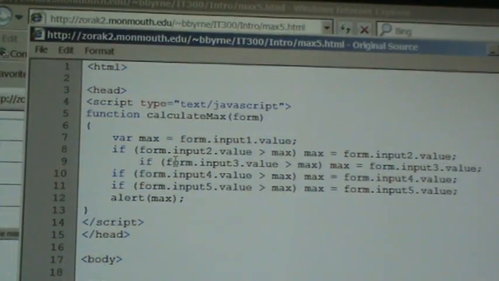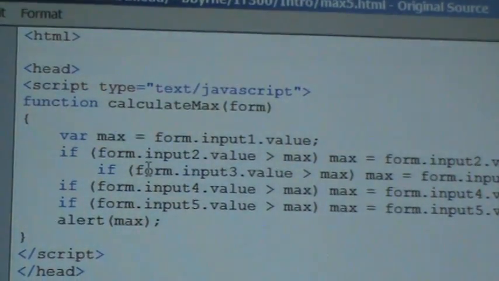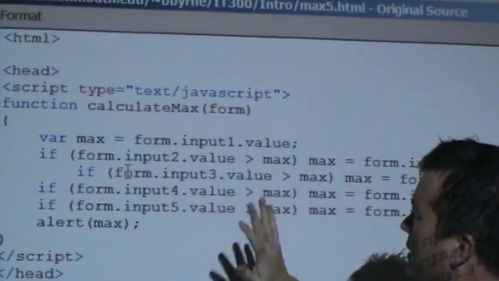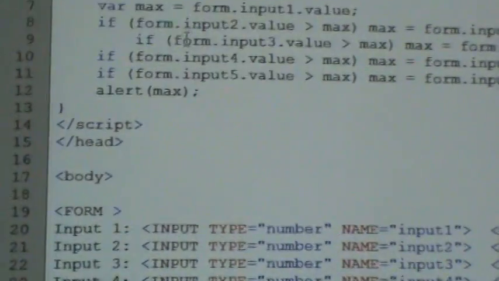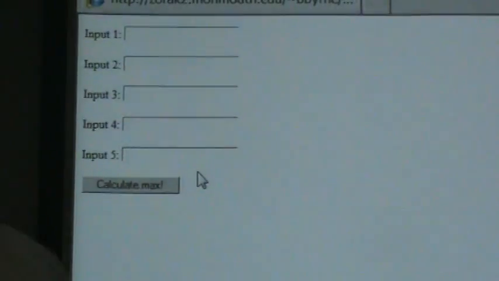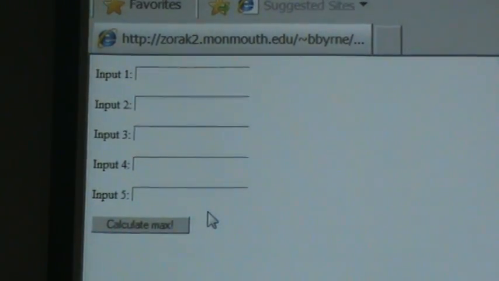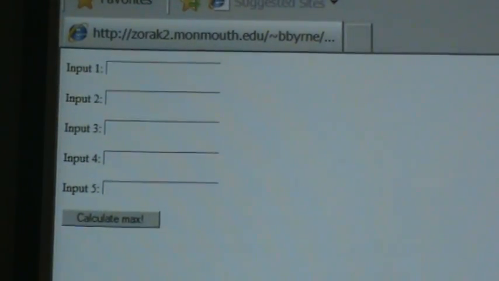So again, it's another way to type in that same logic, the logic that says, well, I'll go over this in a second, but what we want to do is we want to have our web page display 5 inputs and then something that makes the program run, and then when the program runs it says here's the answer. Okay, so you guys are familiar with